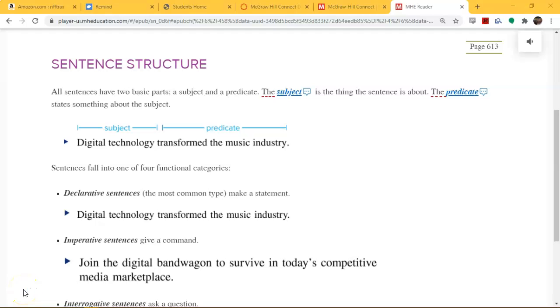Let's take a look at 4 different types of sentences starting on page 613. First of all, just looking at our directions here, sentences have subjects and predicates, okay? You got the complete subject of a sentence, and then you can also have the complete predicate of the sentence. The complete subject is the subject with all the words that describe the subject, and the complete predicate is basically